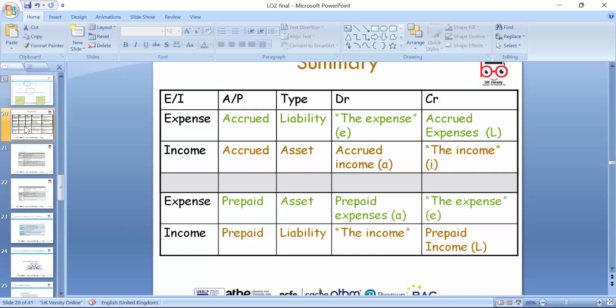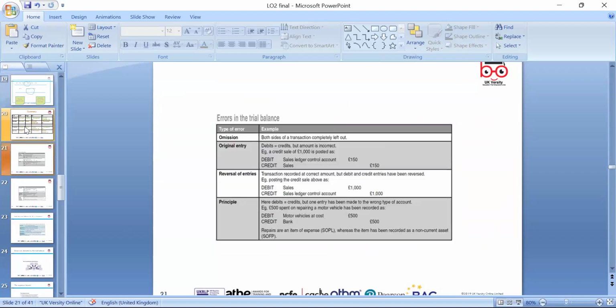As we discussed, it has been summarized here: accrued income, accrued expenses, which side of the statement they go on, and the adjustment. It's just basic double entry bookkeeping. Then we have different types of errors. Double entry bookkeeping should have a dual effect. Sometimes one side is missing. We need to track it, and these errors need to be adjusted.